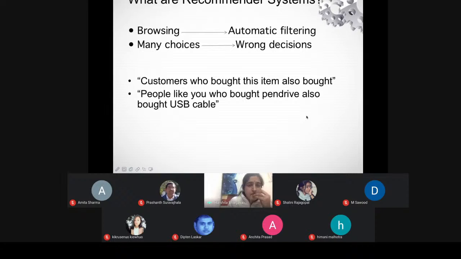If we talk about the e-commerce domain, we have two sets of entities. One is the set of items, and the second is the set of users that are there in that domain for purchasing those items, or they are providing some kind of feedback in the form of ratings. So if I buy some product, I provide a relevant rating to that product. Okay, it can be anything. It can be a star rating, it can be in the form of a like button, as on Facebook. On Facebook you provide a like if you like that particular recommendation.